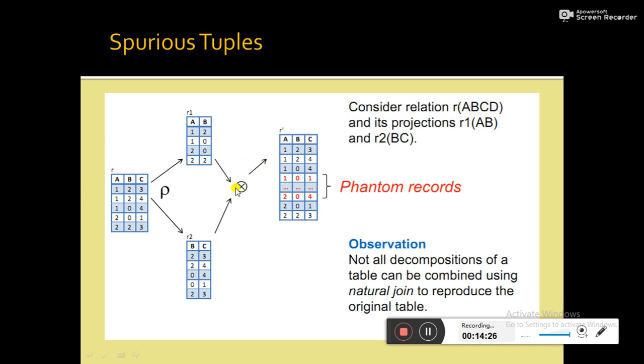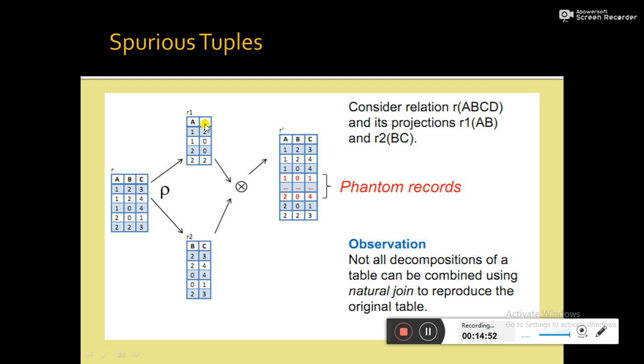So from here we can conclude that the breakup of R into R1 and R2 is not a good breakup. That means our design of that database is not okay, it's a bad design. We have come up with a wrong set of data, erroneous data. Why has it happened? Because it violates guideline 4. And why is it violating?